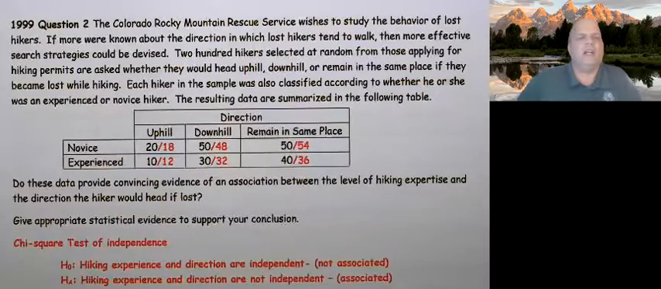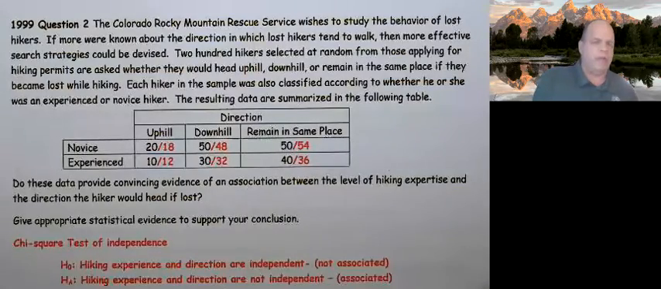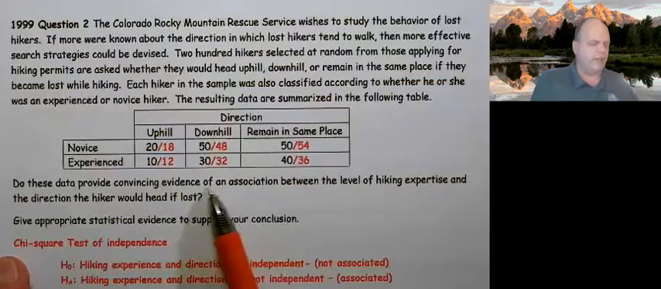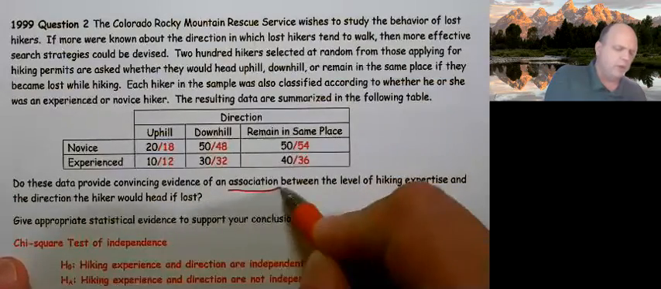Okay, this is 1999, question 2, the Rocky Mountain Rescue. And when I see this, once again, I see a table. So I'm going, could be proportions, could be chi-squared, but it's one of the two because we have counted values. Do the data provide convincing evidence of an association? There's my key word,